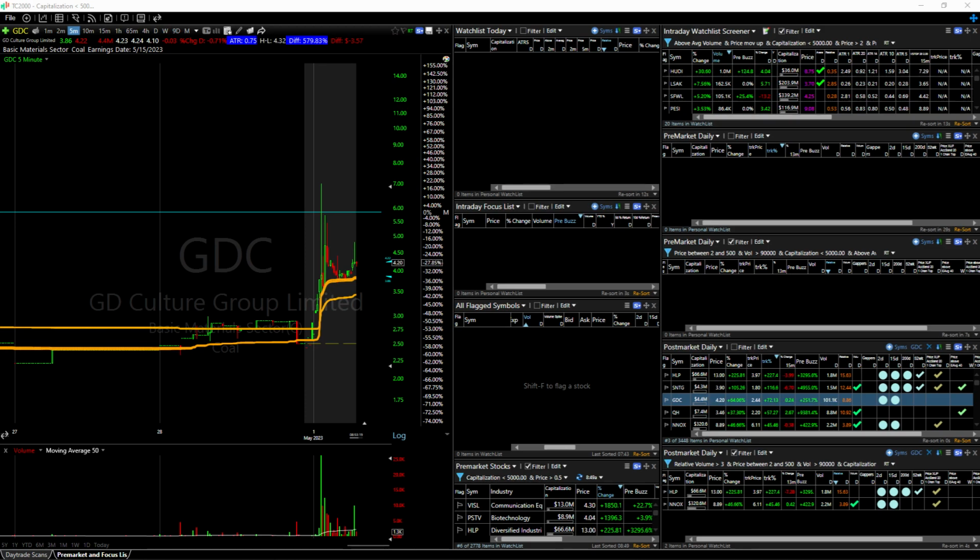You want to look at stocks that are bullish, especially if you're looking to go long, that are bullish on the higher time frames as well, right? Because you want to trade with the trend, right? So